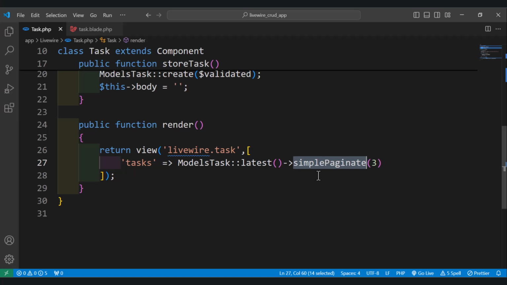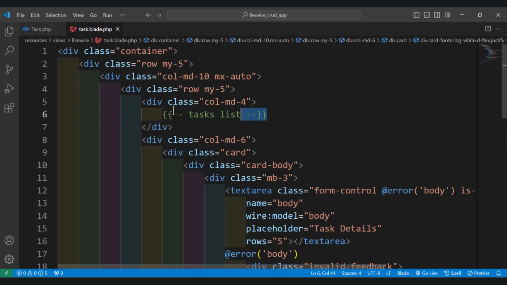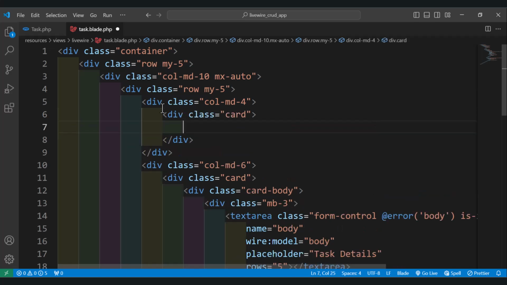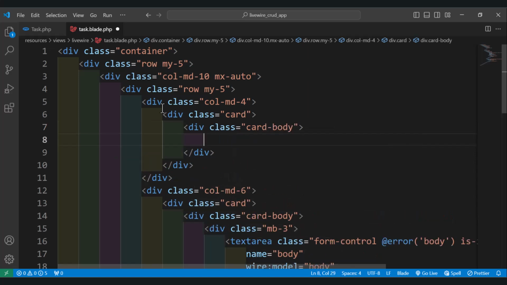Okay, so next, what we need now, we need to display our tasks. So inside task.blade.php, so here we display tasks list. Okay, so let's add here a card, and inside card we have another div with card body, and inside card body let's add the list with the class list group,